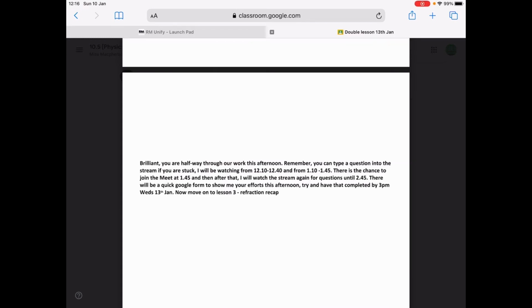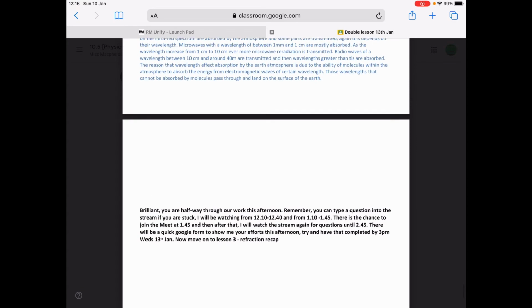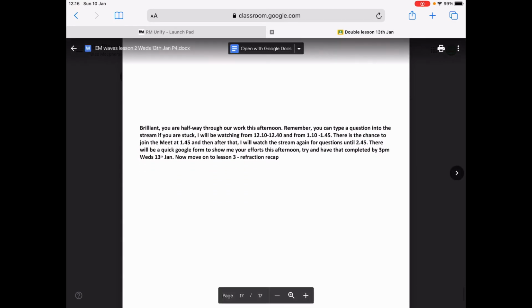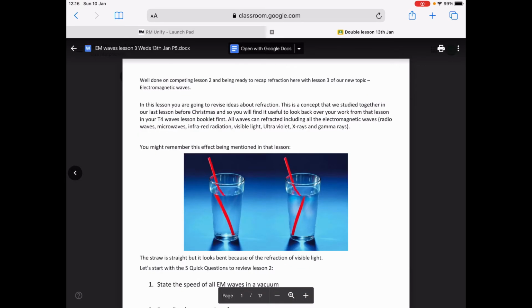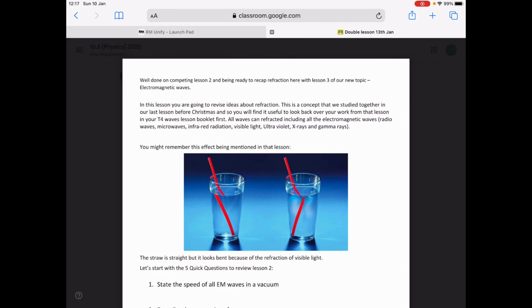So if we now go back to our resources, using that arrow, then we can have a look at the final lesson for this afternoon, for the work on Wednesday the 13th of January. So this takes us into our final lesson for the week for physics, and it's a recap on something that we did right at the end, just before Christmas, just before we broke up for our holidays,